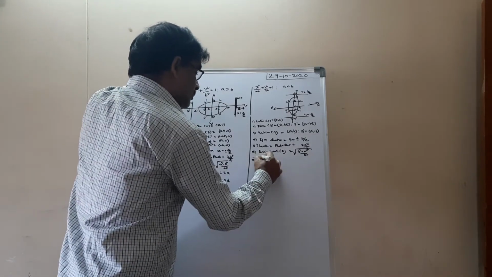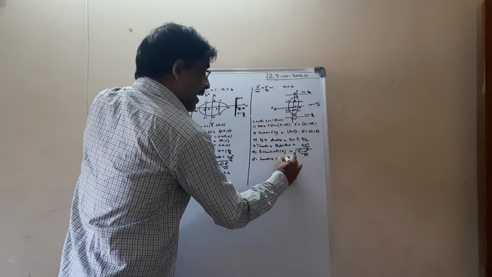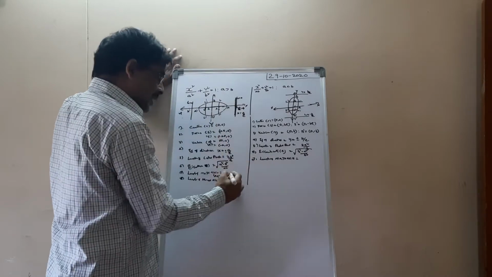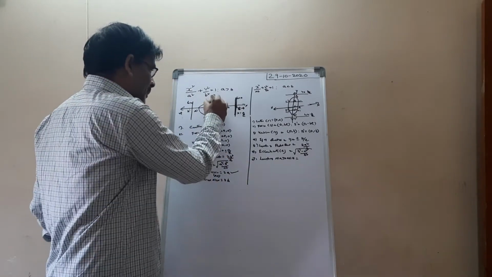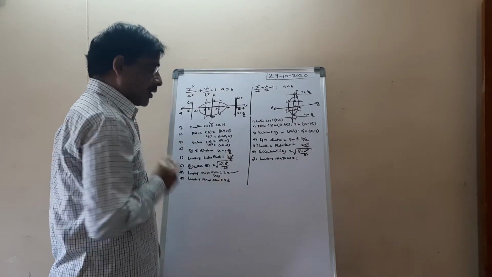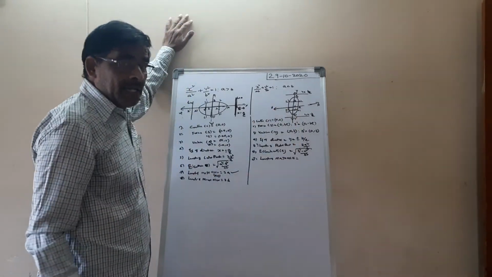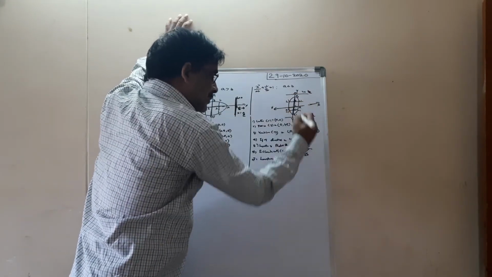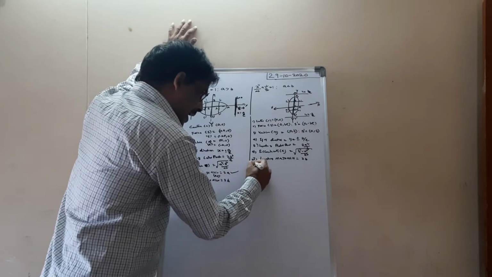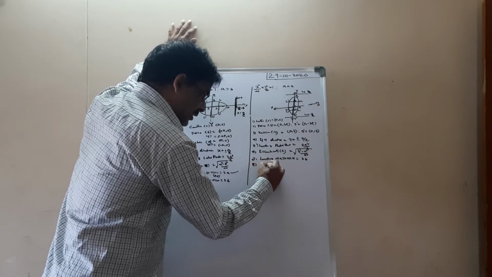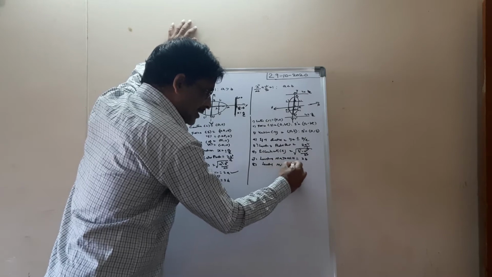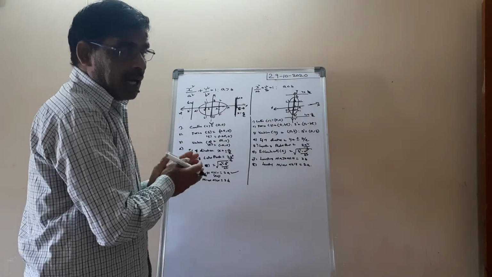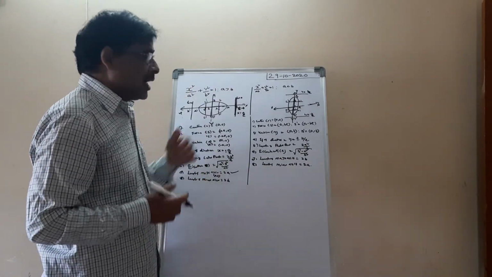And next, length of major axis. See, in this figure, this is the major axis, that is its value equal to 2a, and this one is the minor axis, that is 2b. In this type of ellipse, when a is less than b, what is the major axis? Major axis is this one, thus its value equal to 2b. And eighth one, length of minor axis equal to 2a. See, these results are true for this type of ellipses.